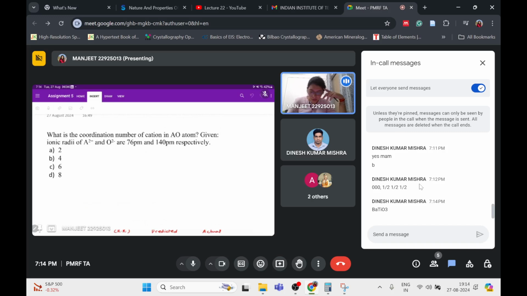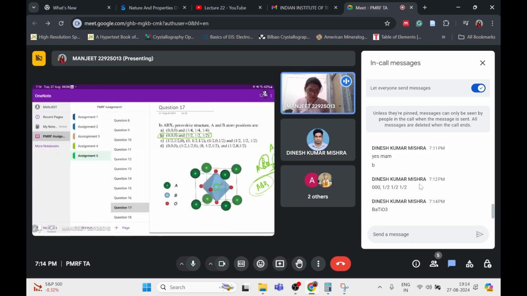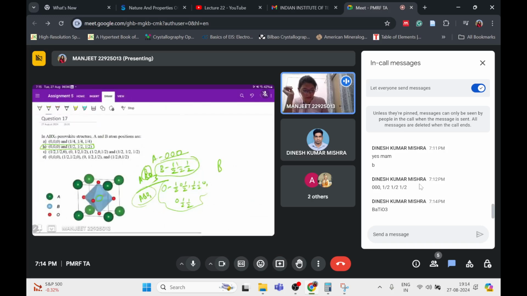Okay, now you have to find again the coordination number of the cation in the O atom, given the ionic radius of A2 positive and O2 negative are 76 and 140 picometer respectively. BaTiO3, yeah, this is perovskite, BaTiO3, and we also discussed calcium titanate,